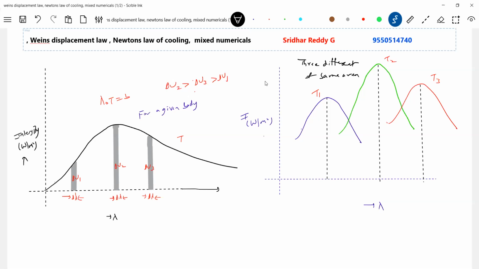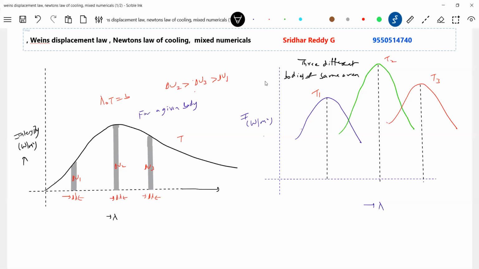Okay, it's asking us the temperature of the bodies, what about the energy radiated by them, and what about the emissivities. I'm saying three different bodies of the same area. I'm not saying black bodies. Any interpretation can we give? Which body will be at higher temperature? According to Wien's displacement law,